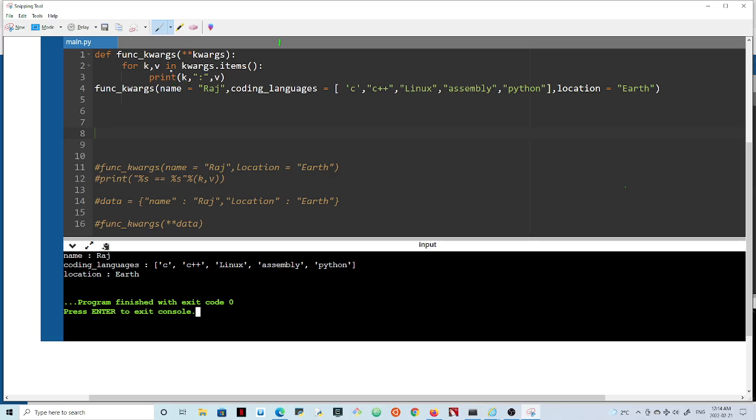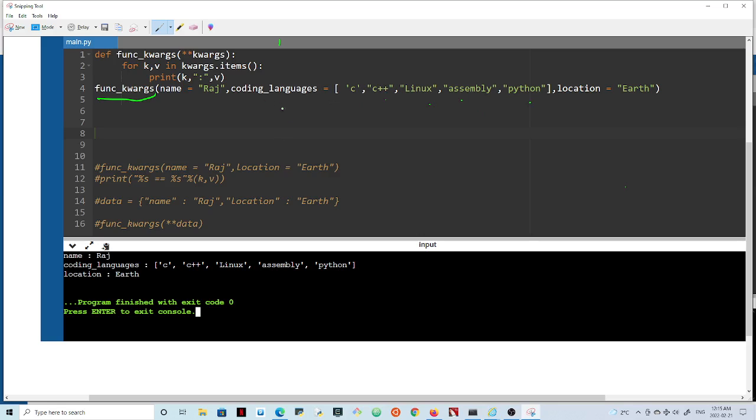So for key, value in kwargs dot items, print the key and the value. The function name is func kwargs, and I'm supplying to this function name equals Raj, coding languages is C, C++, Linux, assembly,